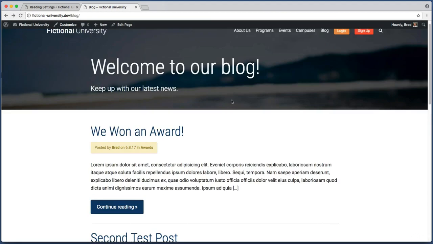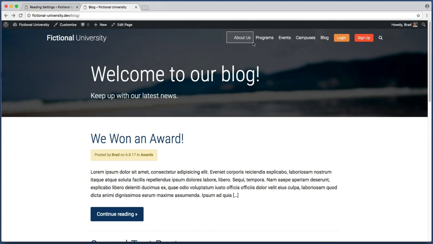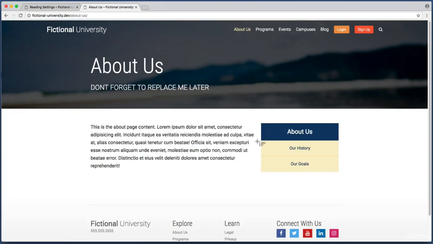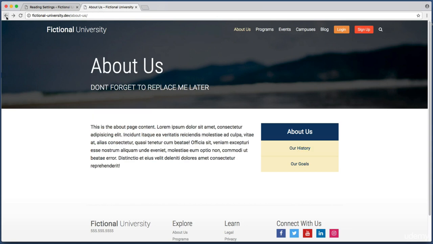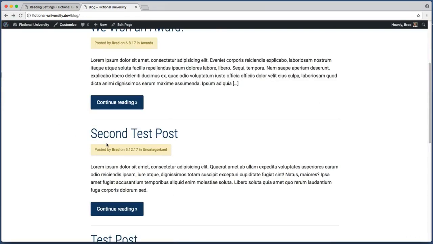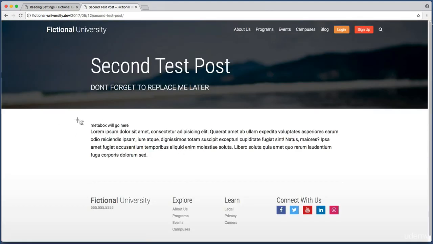So for example, if I go up into the header and click on About Us, and then click on one of these children pages, remember here, this meta box has a nice link that takes you back to the previous page. So on individual blog posts, this backlink could say blog home. And this beige area can have the author, the date, and the category. Cool, so let me go back to an individual blog post screen, second test post, and let's get to work